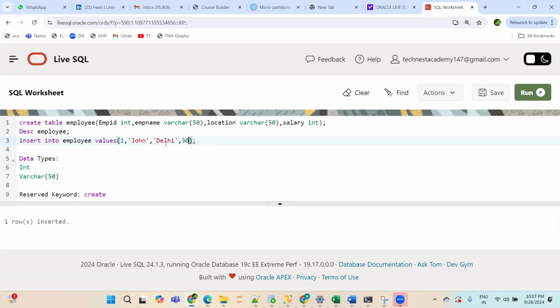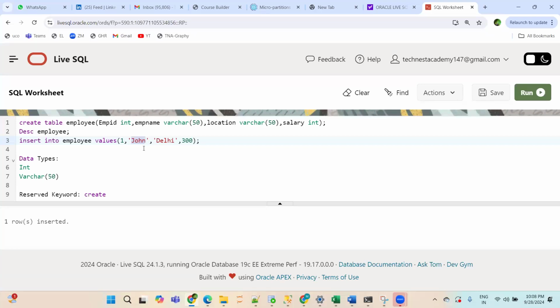Okay, so what I told, rule number one: the sequence has to be religiously followed. You cannot break the sequence. You have to follow the same sequence in which you created this table. So when you are inserting the data, it has to be exactly in the same sequence. Rule number two: the columns in which you have to store alphabets, A, B, C, D, John, Tom, Sarah, Mohan, Abdul, Rajesh, Delhi, Punjab, Lucknow, anything, those have to be within quotes. You see John here. Have I kept it within inverted quotes? Is that visible to you?